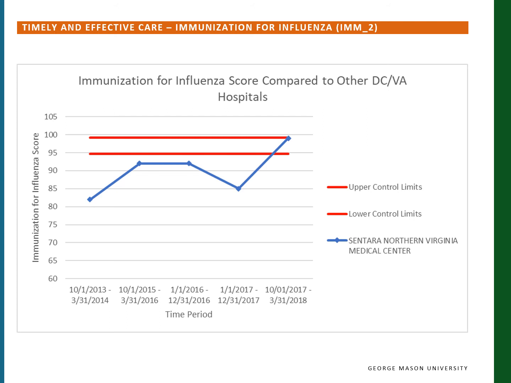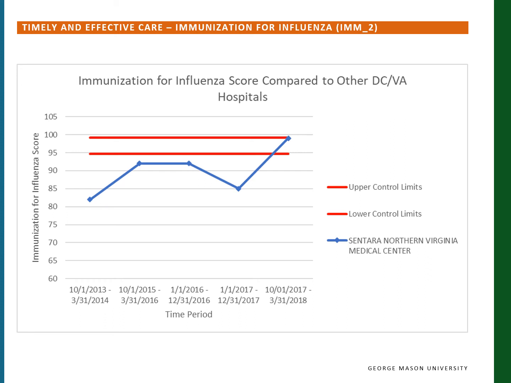Next, we see a control chart for timely and effective care immunization for influenza, measure ID IMM_2. We're comparing Sentara to 3 other DCVA hospitals. And as you can see, the upper control limits as well as the lower control limits fall within 95 to 100. As for the Sentara